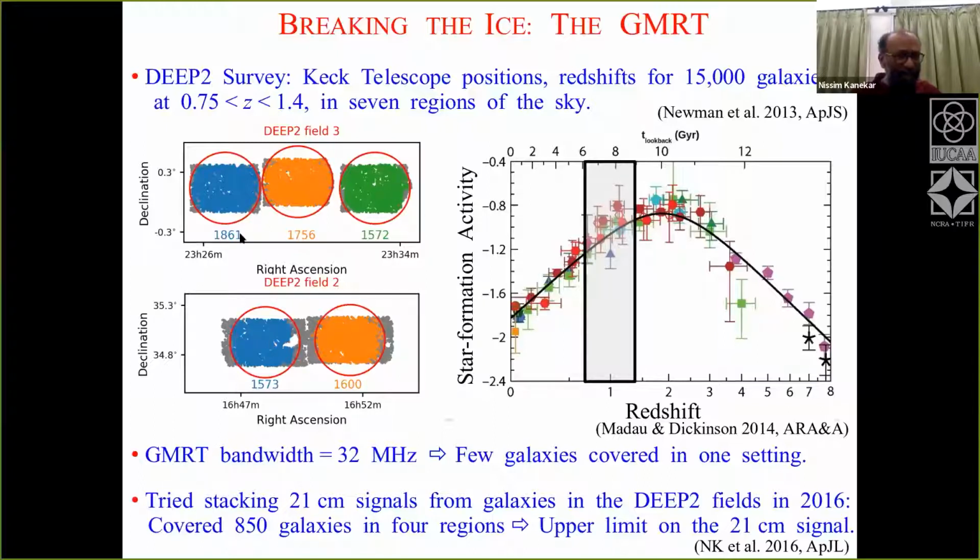There are about 1,860 galaxies in this region marked in blue, 1,750 in this region marked in orange, 1,572 in this region marked in green. And what you see as the red circle is the GMRT beam. So all of the galaxies marked in blue are inside the GMRT beam at this frequency and can be observed at the same time. And what is even nicer is that this epoch, redshifts at 0.75 to 1.4, is bang in the epoch that is interesting,